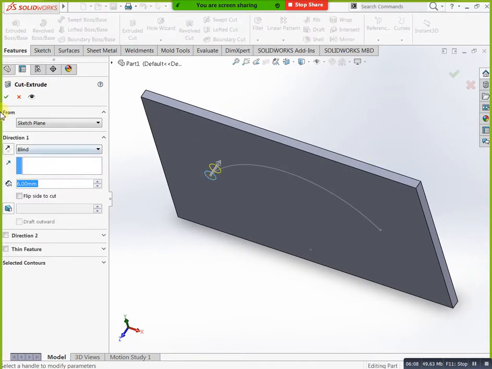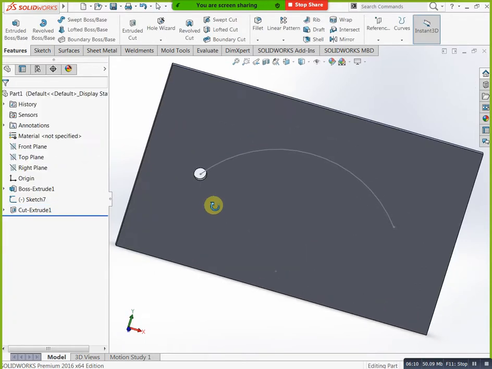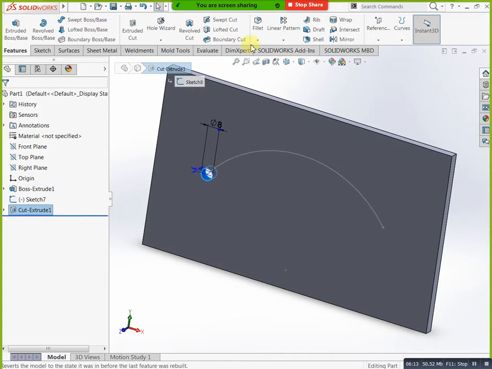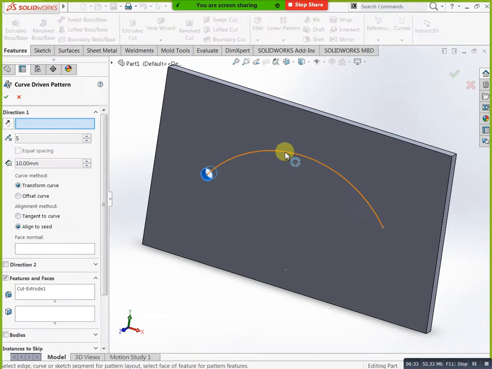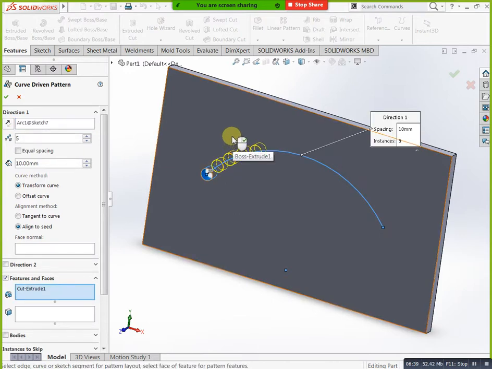Now select this extrude feature. Here we have the fourth one, curve driven pattern. You can select this curve driven pattern. Curve driven pattern means, first of all we need to select our feature. Before that you need to create your curve direction. Which type of direction you need the hole, you can select this curve. Here we have direction, you need to select this one. But in linear pattern and circular pattern, directly we have edges or circular direction. You can select those edges. But here we need to first create one arc, one curve. Based on that you need to select here. And how many holes you need, you can mention like this. This is curve driven pattern.